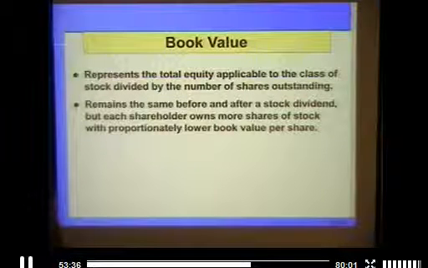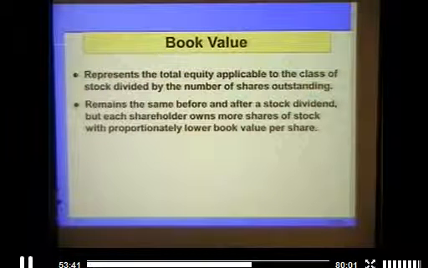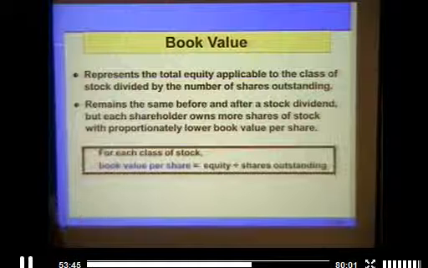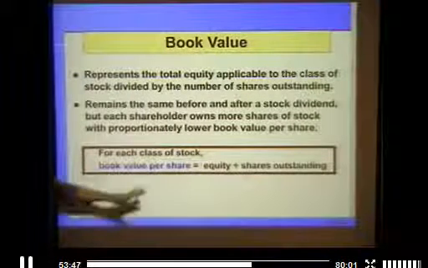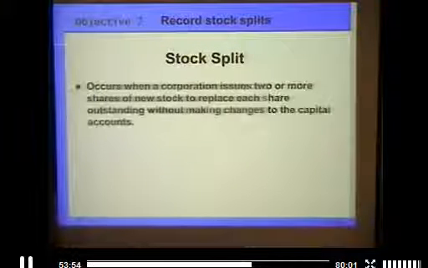If you have a stock dividend, the book value stays the same in a stock distribution, simply because you just got more stock and more value distributed. That's not going to make a difference on that. Book value per share, you take your amount of equity for that share and the number of shares, and you just divide it. If you have a stock split,